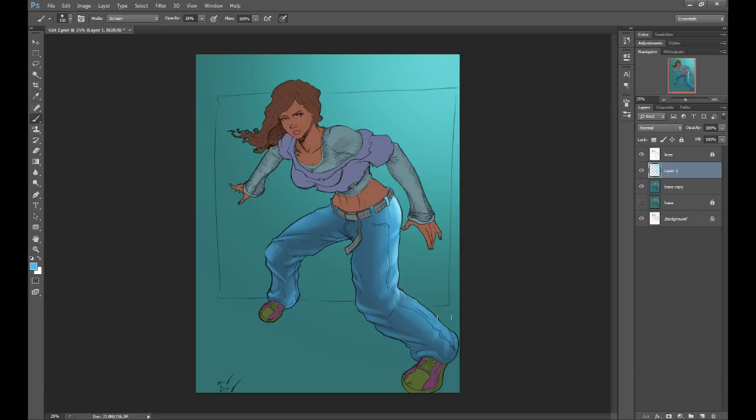So we're going to pull some of this along this edge here. It's kind of a little rim lighting effect. And then we're going to come on to the other side over here. Again, anything like this that I do, I try and do it, you know,